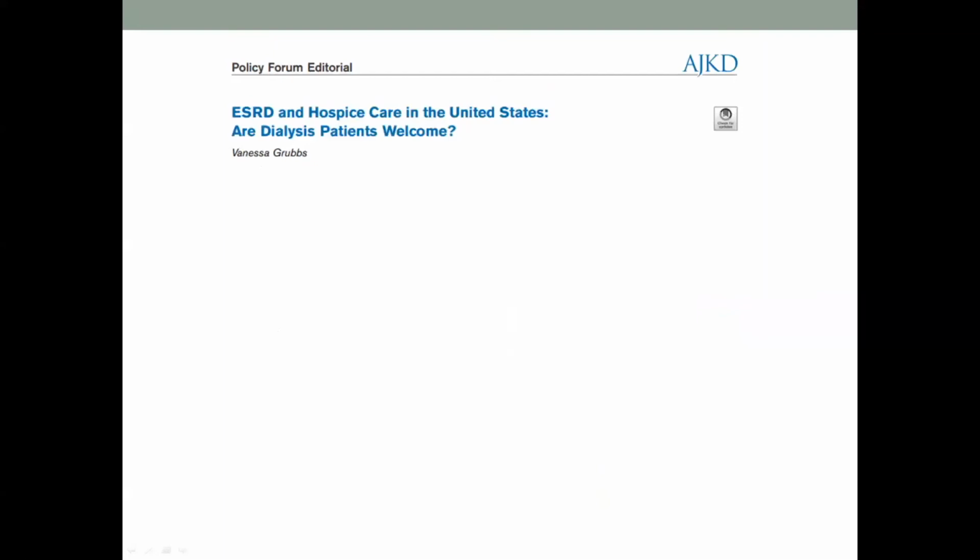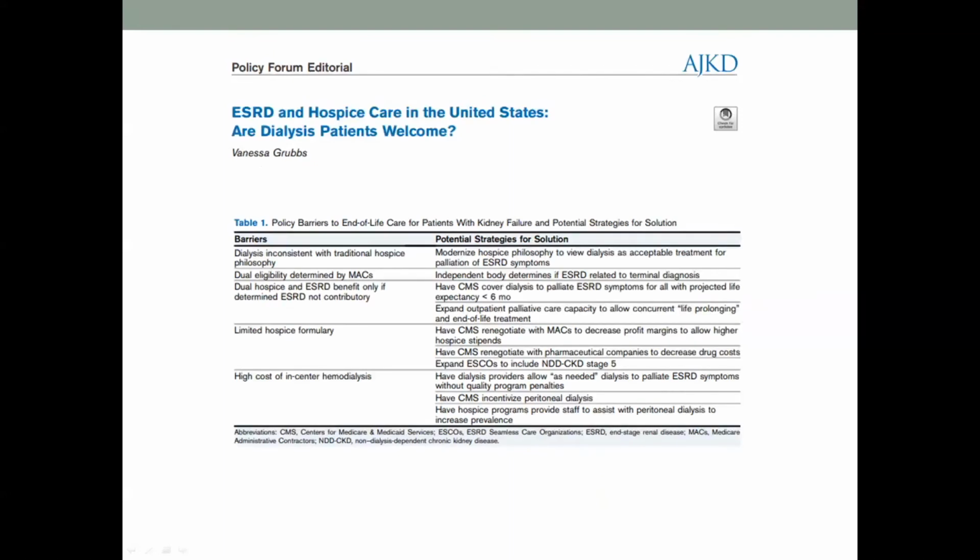This is an editorial by Vanessa Grubbs detailing the barriers, a lot of which we have experienced in our own mobile renal supportive care program. It's not just an issue around eligibility for hospice. There is a need for us to be partnering with and educating our hospice providers around this idea of, for patients where dialysis and hospice is potentially available and dialysis is affording an acceptable quality of life, to be able to help our hospice colleagues